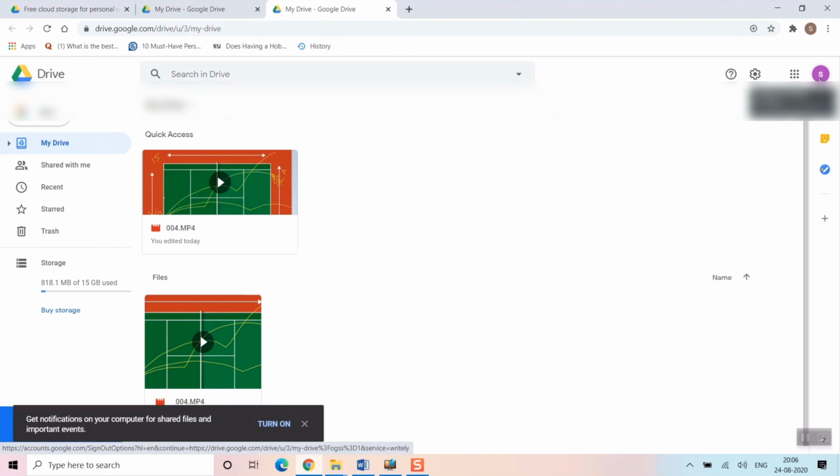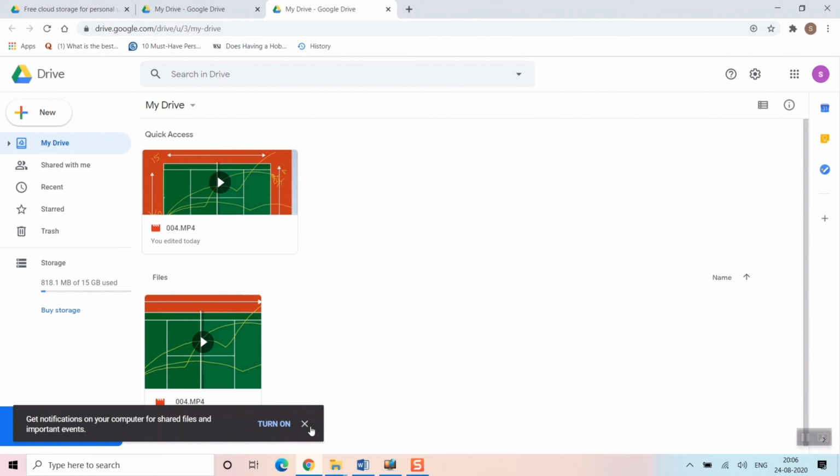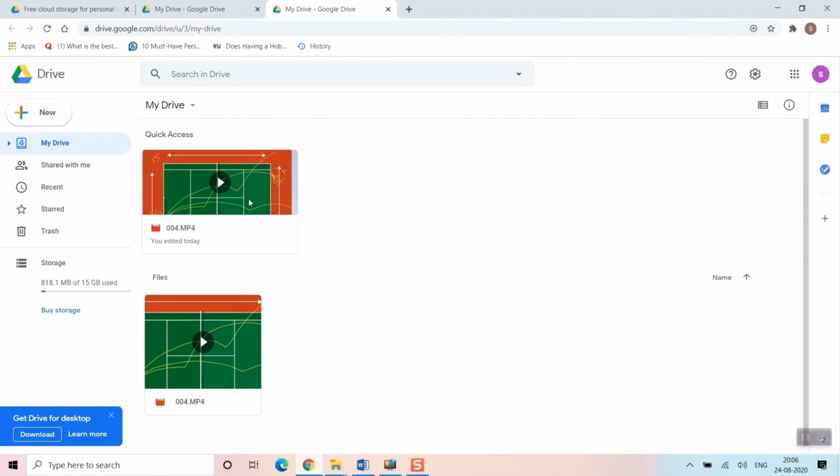So as it is shown here, this topmost right corner of your Google window, as you can see this purple color, it is purple for me, but it could be some other color also. So here you can see this is the front page of Google Drive. As you can see, there are like 2 files in my Google Drive of that email ID. For example, I want to share a big media file to one of my friends' email ID. So let us see the process how we do that.